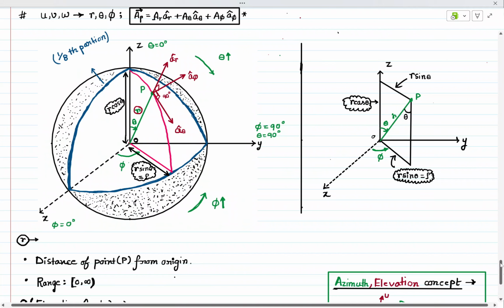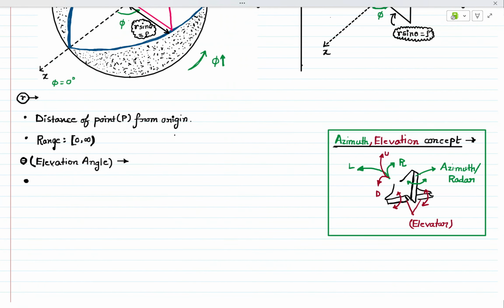So what is the theta angle? That is the angle made by the position vector which has been denoted by the point P,